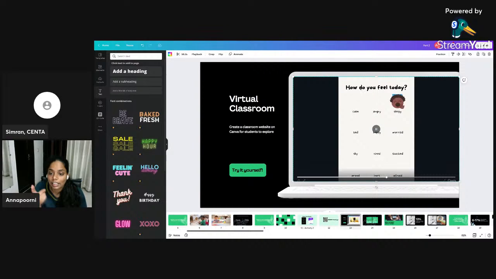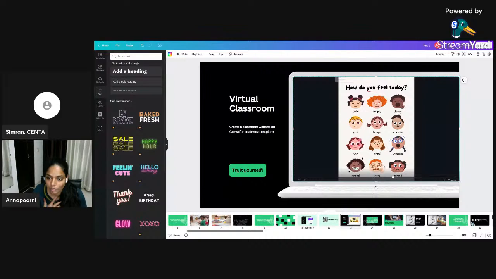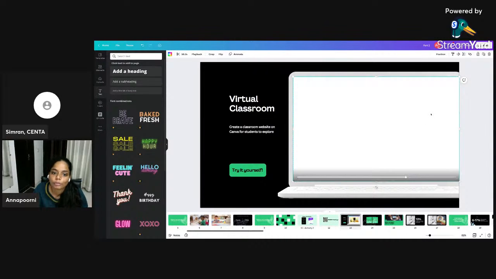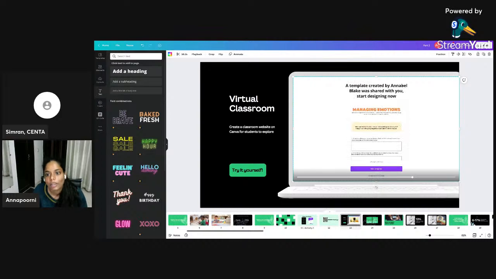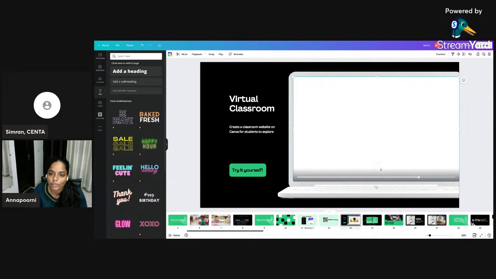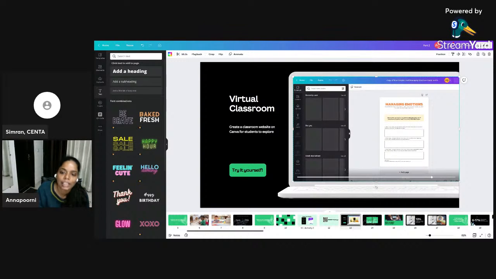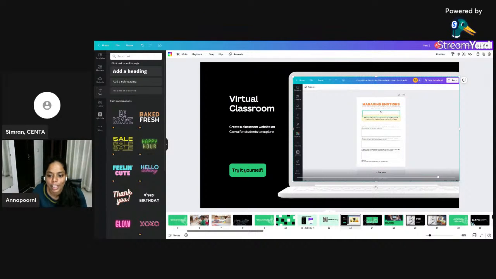it. This is a great activity that I usually start my class with: how are you feeling today? And students come on a mood board and tell me how they are feeling today, which is a great way for me to start, so that I know how many of them are happy, how many of them are tired, and how many of them need that extra push for the class today. So that's how we use it. Again, all these are templates that are already available on Canva that you can use with your students, and tell us how much of it worked.